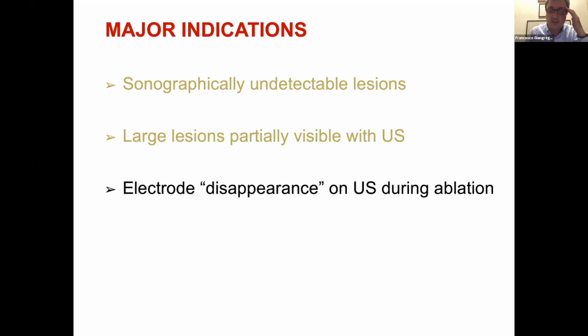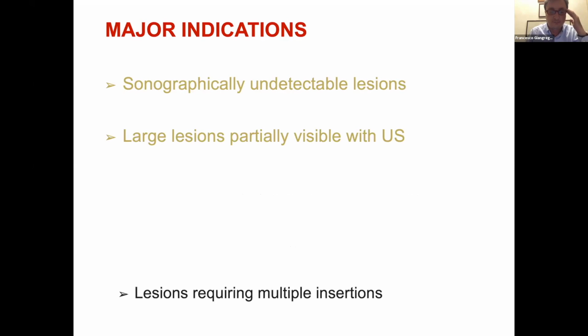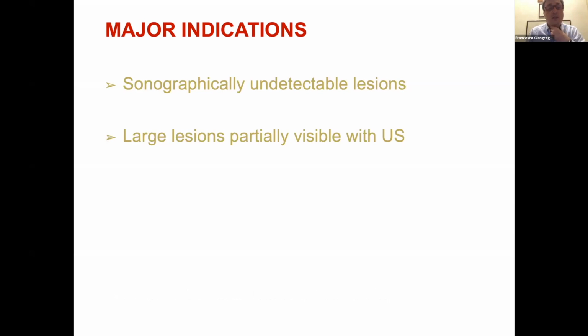You have seen that with the Mindray system it is not real, fortunately. And also we can use fusion imaging to study lesions adjacent to risk anatomical structures or lesions requiring multiple insertions. So we can see just some examples of the first two